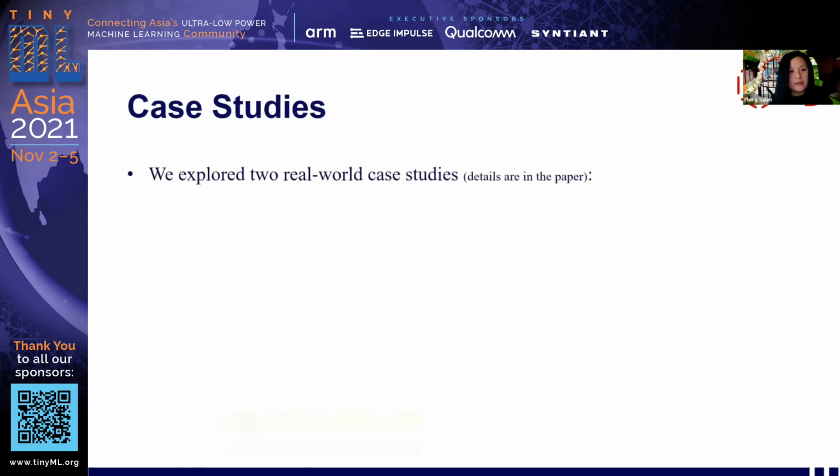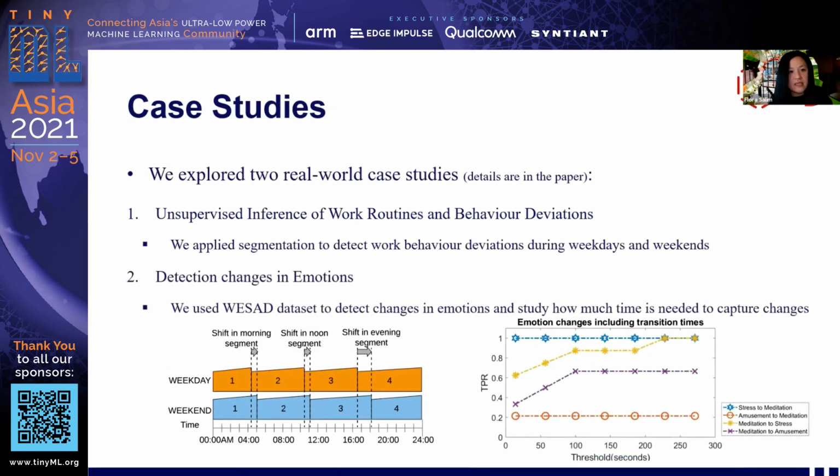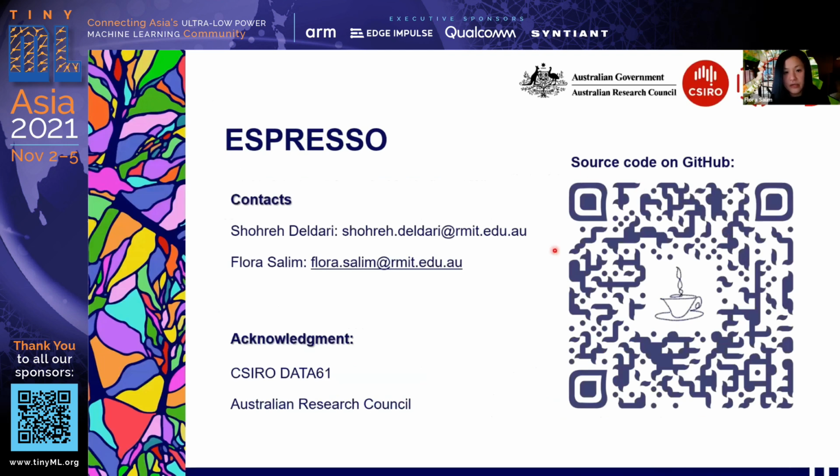These are also some extra case studies that we talk about in the paper, where we can do this in real-life settings. We can detect whether someone's work behavior in their daily routine has changed. We can detect that shift. We can also look at changes in emotion without even knowing the domain information about emotion behavior. We verified this with psychologists, and we found it is quite an interesting finding. Now, the code is available on GitHub. Feel free to check it.